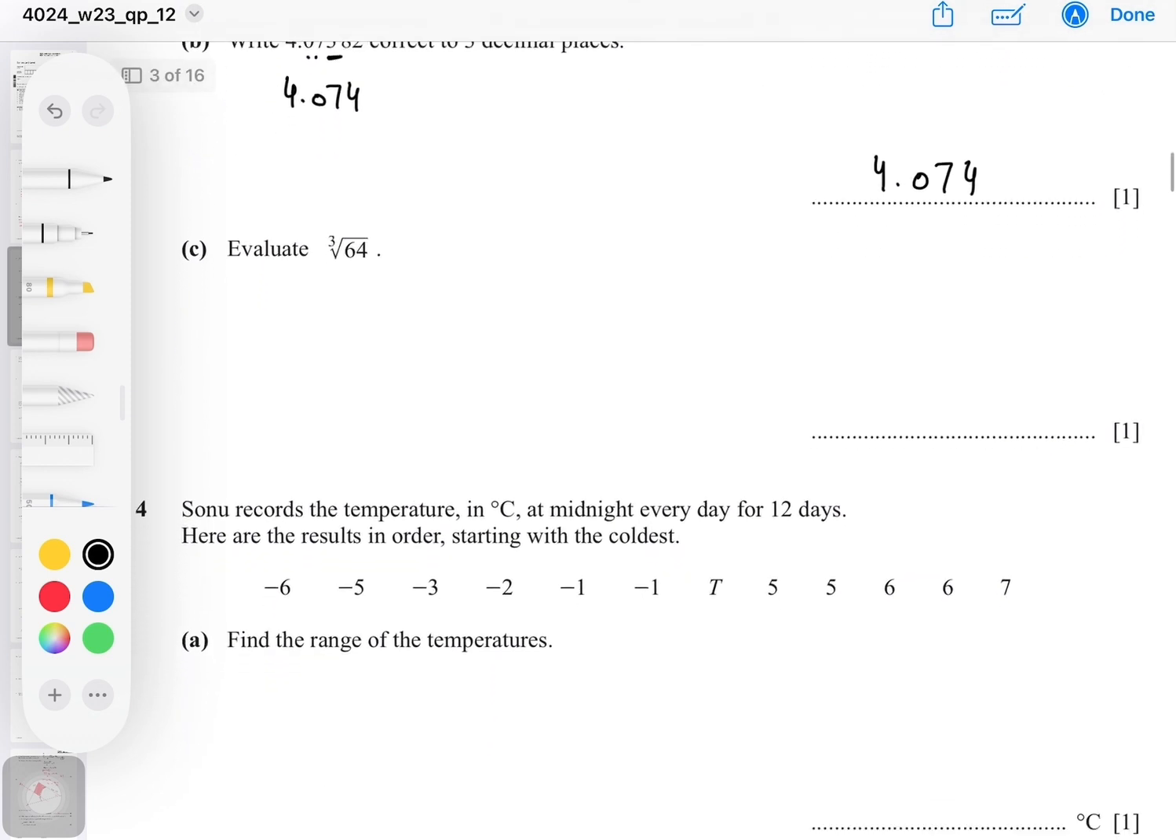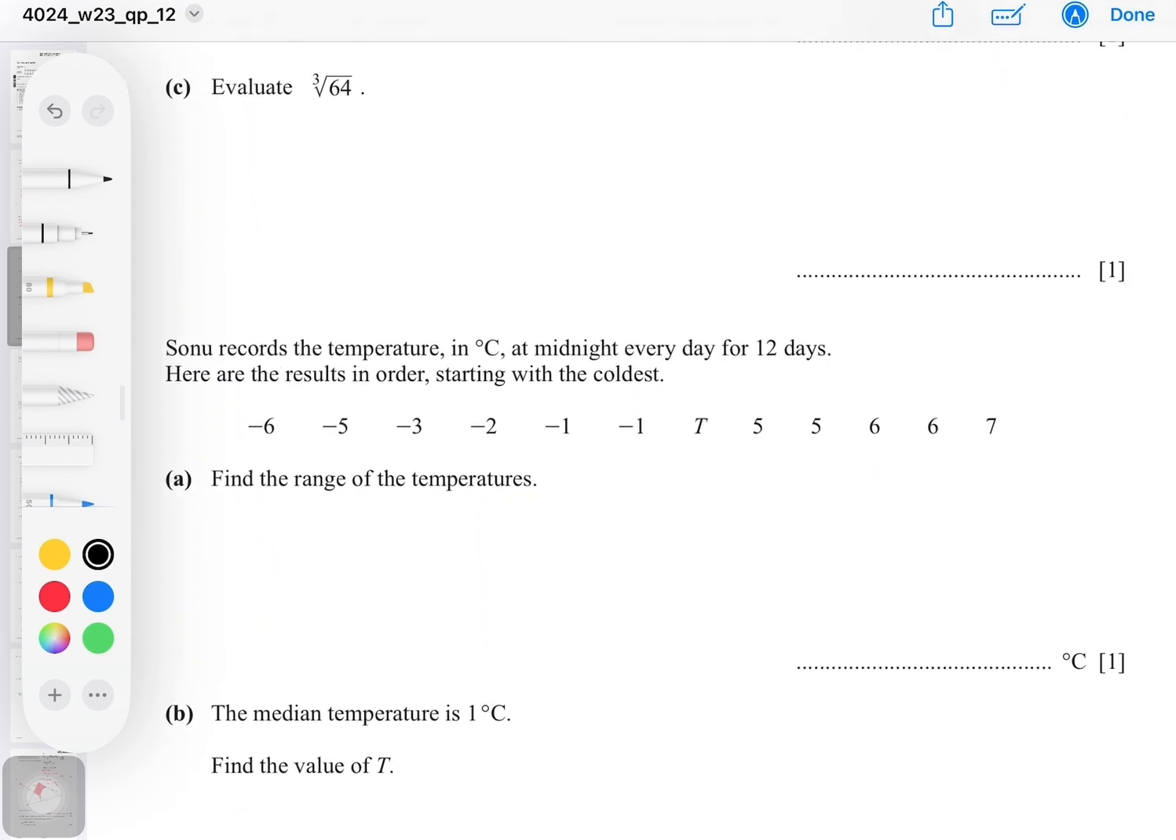Part C. Evaluate cube root of 64. So we know that 4 is the cube root of 64. So this is 4. Question number